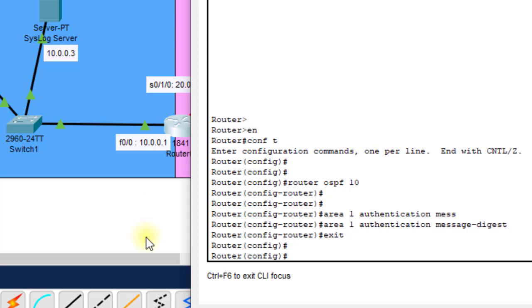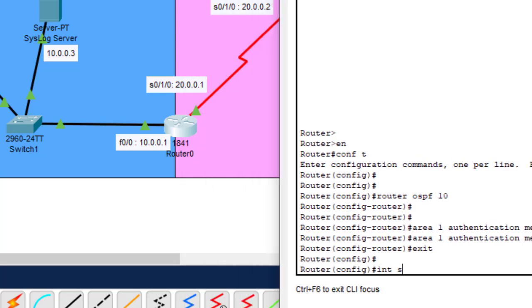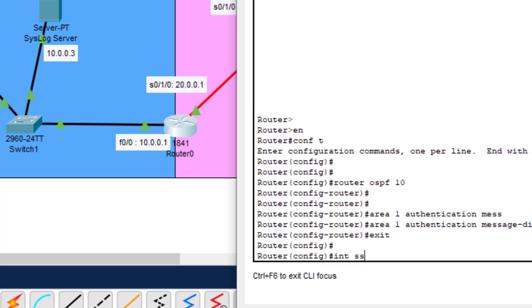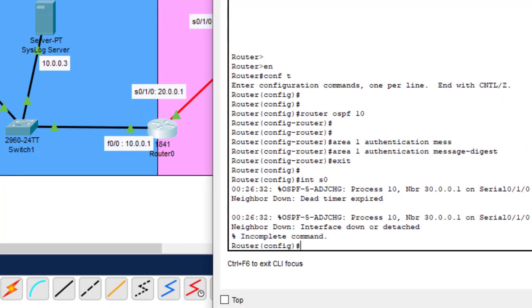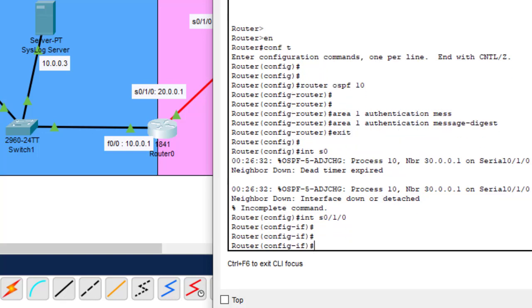Go to the serial interface, int S0/1/0. So this is my serial interface. As we can see here, right now we are in the serial interface.